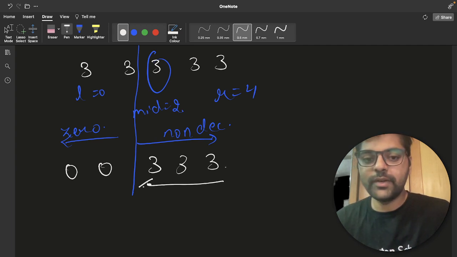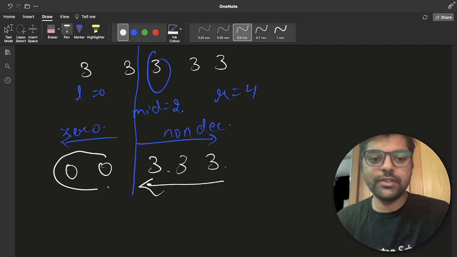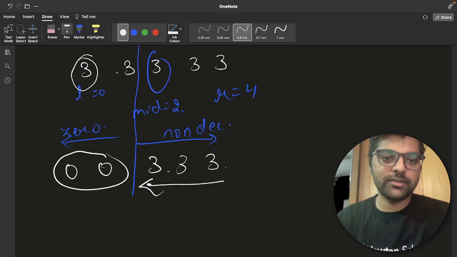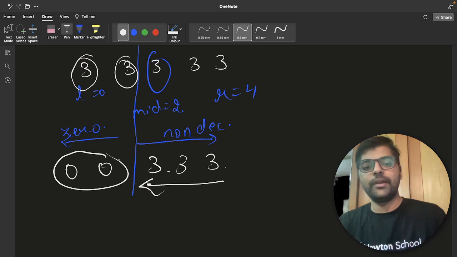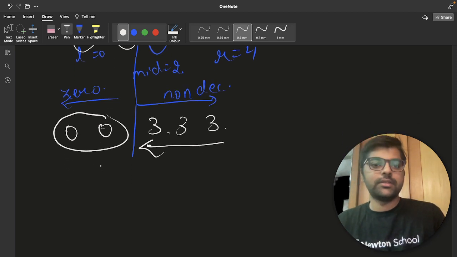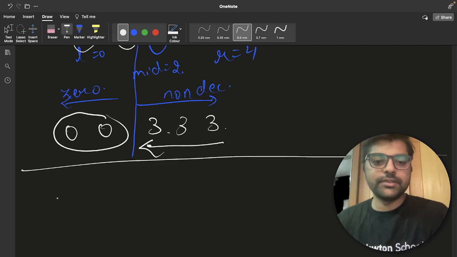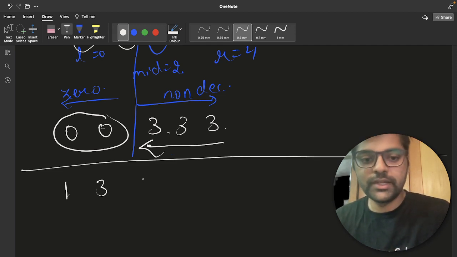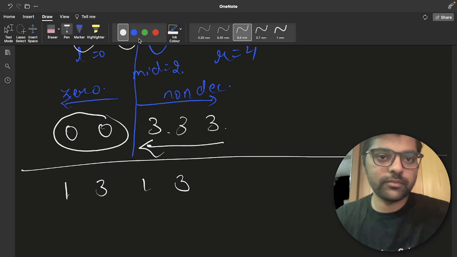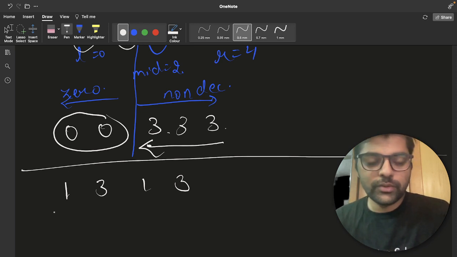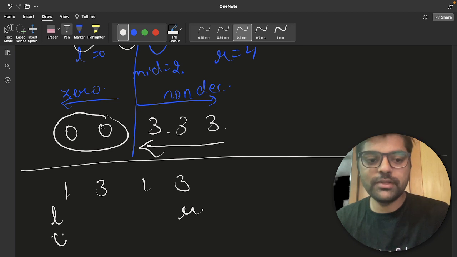This will satisfy our condition. This is non-decreasing, this is 0. But if you choose any 3 as 0, then you will have to make all the occurrences of it 0, right? So now come to 1 3 1 3. This will be our L, this will be our R. L equal to 0, R equal to 3, and mid will become 1.